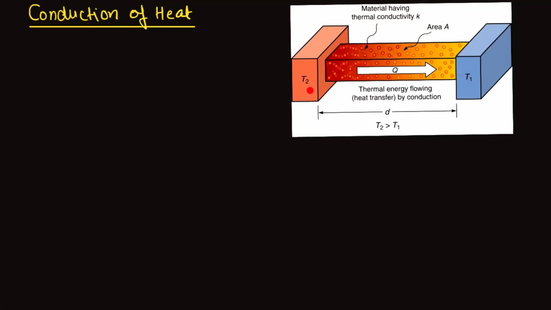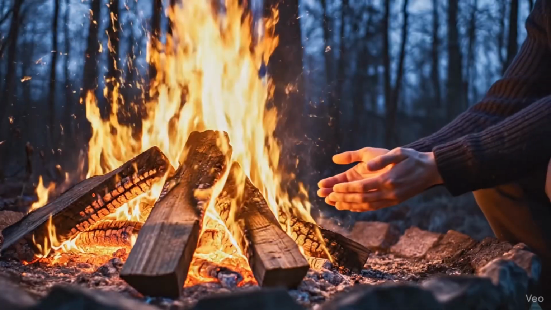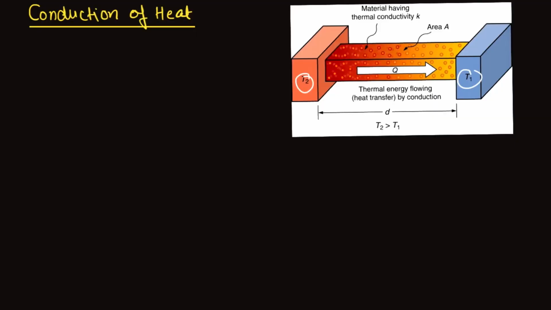If you see this diagram, T2 is greater than T1 and one rod is connected, and the cross-section area of this rod is A. Now, if T2 is greater than T1, then what will happen? Heat will flow from higher temperature to lower temperature. The reason for this is that energy will transfer at the molecular level like this, and heat will always flow from high temperature